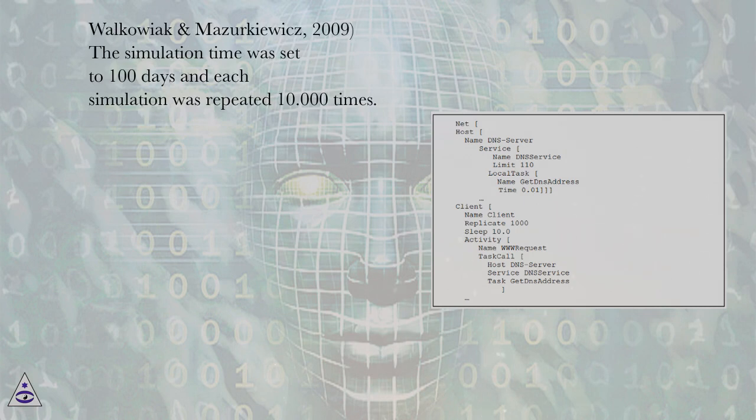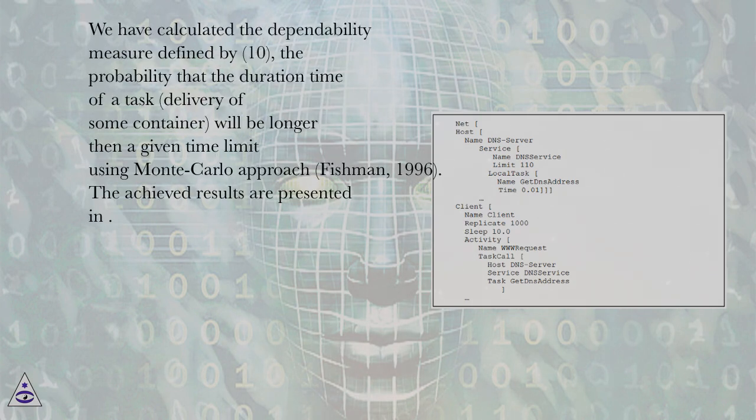Wachowicz and Mazurkiewicz, 2009. The simulation time was set to 100 days and each simulation was repeated 10,000 times. We have calculated the dependability measure defined by 10, the probability that the duration time of a task, delivery of some container, will be longer than a given time limit, using the Monte Carlo approach, Fishman, 1996. The achieved results are presented in